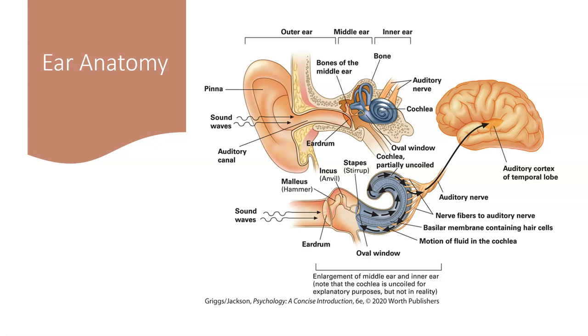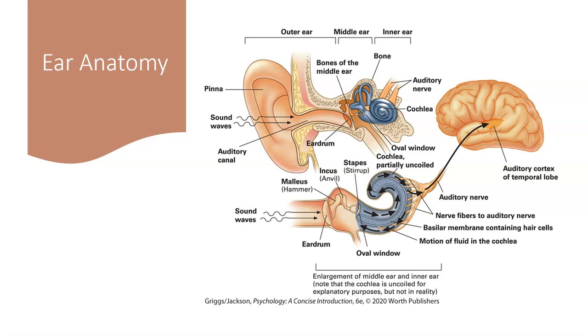With this graphic from your textbook, you can follow along the pathway that sound is going to follow as it comes into the ear. Sound is conducted through the ear by way of air pressure changes, essentially. After entering through the pinna, which is your external ear, the sound waves create vibrations in the eardrum that then move the tiny little bones that make up the middle ear. This movement leads to vibration of what's called the oval window, and that leads to movement of the fluid in the inner ear, which is lined with the hair cells, which are the sensory cells